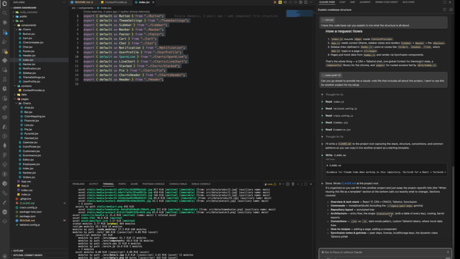So I can say, okay, for example, it has done the Claude.md project, and it said it's organized so you can lift it into another project and just swap the project specific bits. When reusing the file as a template, the section at the bottom calls out exactly what to change. So this is very important. And the section covers the overview, the commands,